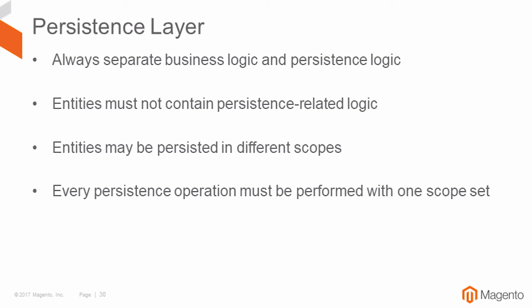And the last one, but not the least, is the persistence layer. The persistence layer should only perform the operations which directly persist any data. So it's not a good idea to persist anything from the model. This is one of the reasons why abstract model save is currently deprecated. So resource model should be used instead, and for every persistence operation, a specific class should be used for that, because